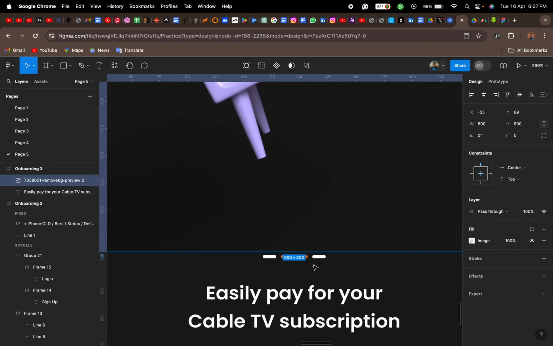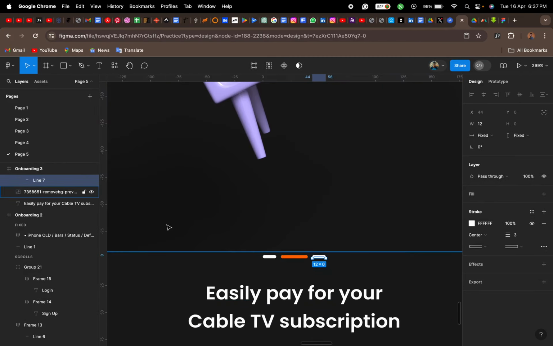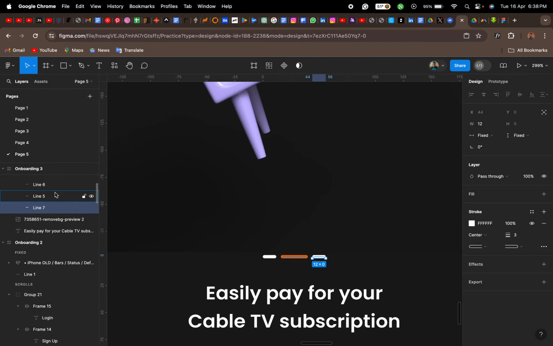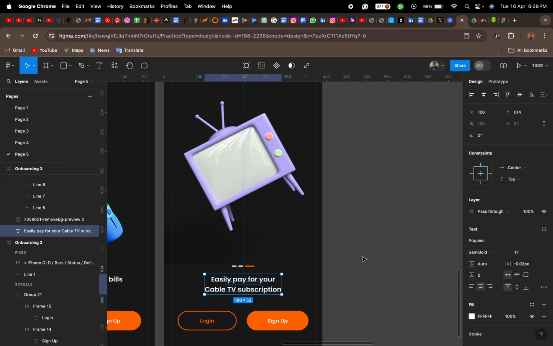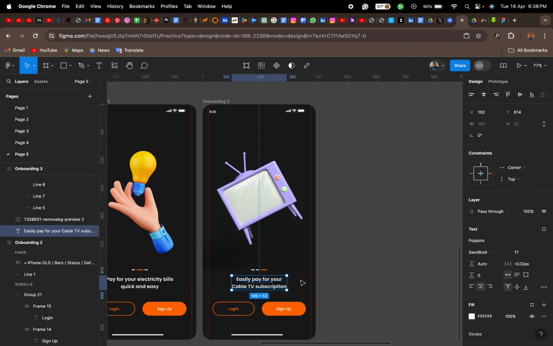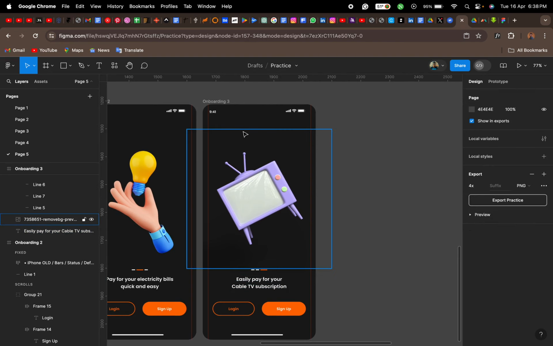Then we'll go to this layer here. Now we drag this orange one to the third place, so it can be on the third one. You see how easy it is. If I was to do it without auto layout, it would be very difficult. So auto layout is very, very important, right? So we have this. Next thing we do is,